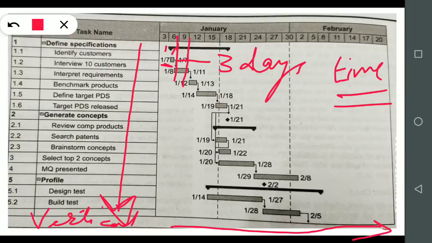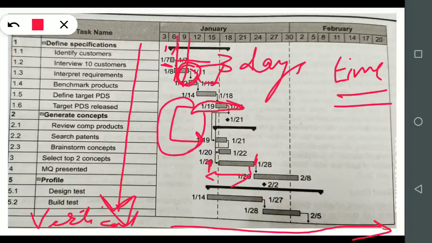So when we are here, and here it is an arrow. This arrow is showing that when our customers' interview is completed, then only we can go for the interpretation of the requirement, what we require. Then only we can move forward. So it is simple. Any event which is starting from here, after this, this is the duration for each task. If there is an arrow, it means this activity is going to be completed first, then we will move toward these activities. It means the relationship, how the two events are correlated to each other, or whether they are independent.